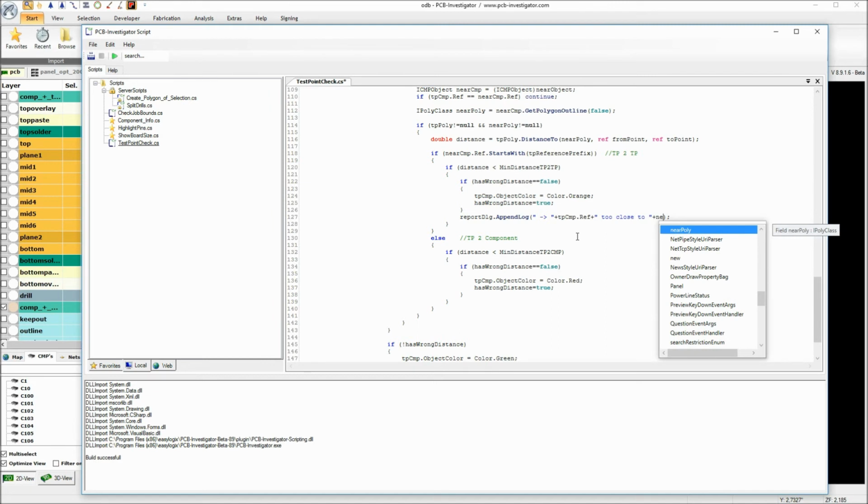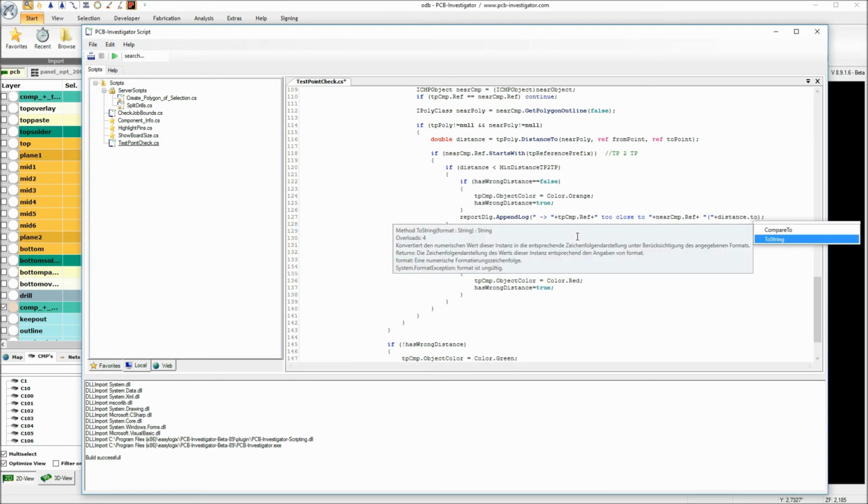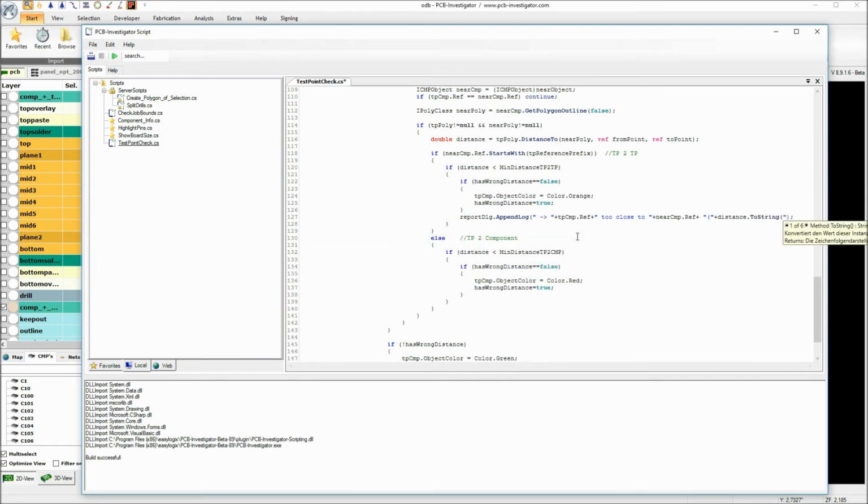So we are too close to near component dot reference, and maybe I also want to export the distance that we measured. So I can export also our distance here,